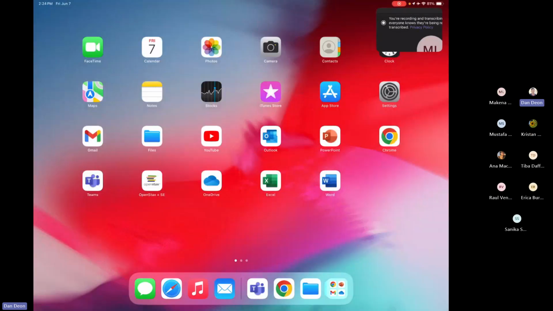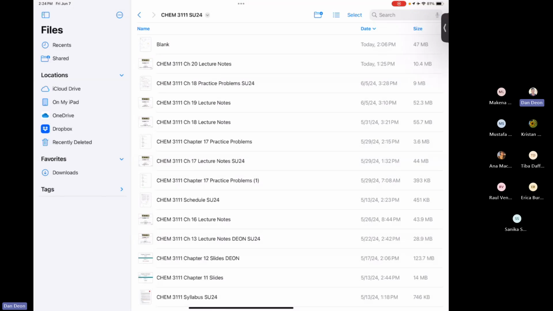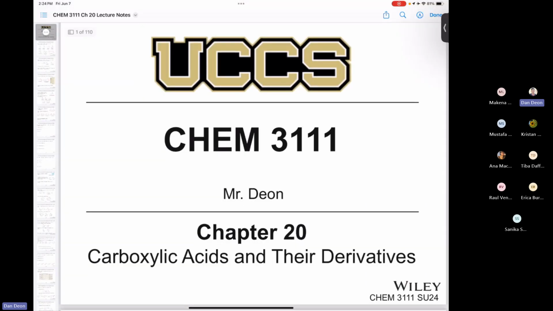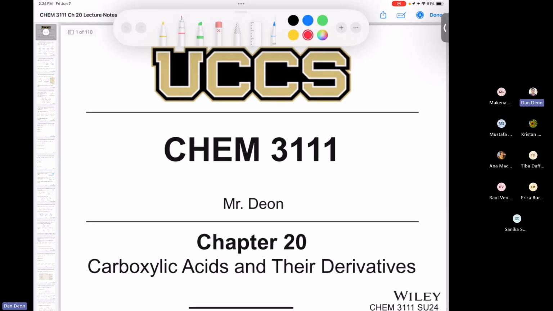Okay, Chemistry 3111. We are going to start out with Chapter 20 right now, which is carboxylic acids and their derivatives. Now, I don't have a good enough memory. I'll probably forget some of the derivatives, but you guys all know what a carboxylic acid is by now. And there's a lot of things you can do with a carboxylic acid. But when it says their derivatives, that means we're going to talk about esters, we're going to talk about acid chlorides. We're going to talk about acid anhydrides